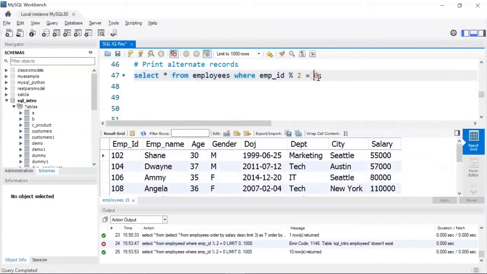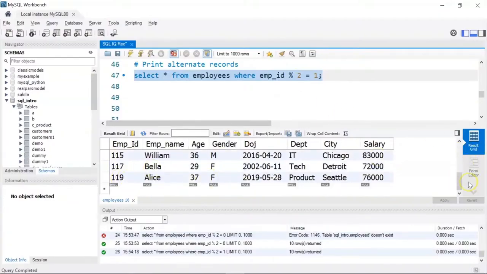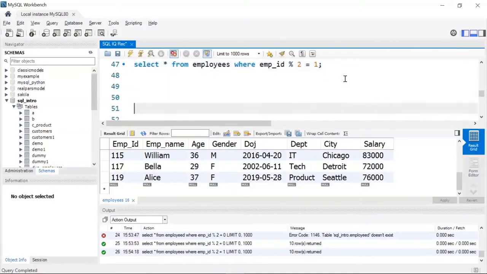Now if you want to print only the odd records in the table, you can use employee ID percentage 2 equal to 1. So you can see here I have 101, 103, 105, 107 up to 119. Now the best way to do this is to use a common table expression or CTE. So I'll start with my command, that is with CTE, as I'll start with my bracket. I'll write select star comma, then I'm going to use my row number function. So I'll write row number,